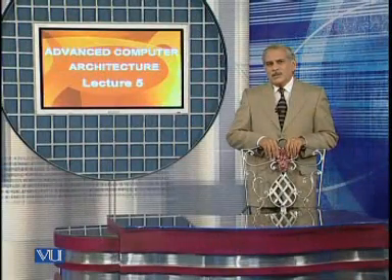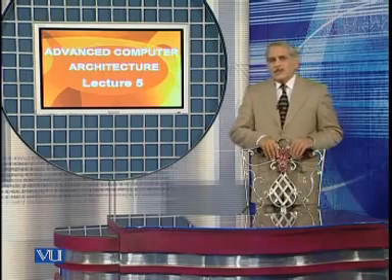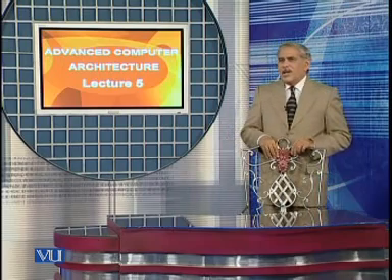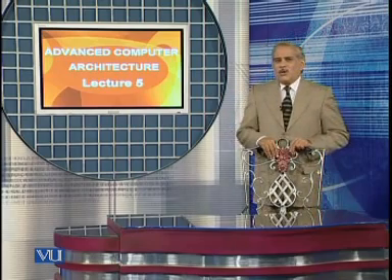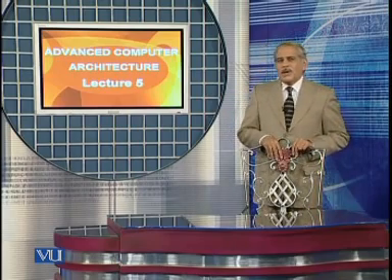Then we discussed the classification of operations, that is the arithmetic operations, the logical operations, then data transfer operations and control operations. Then we discussed different addressing modes of the operand, that is how we can define an operand with